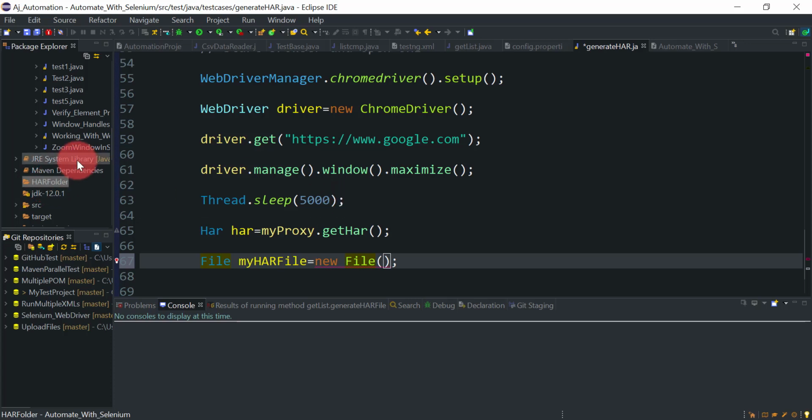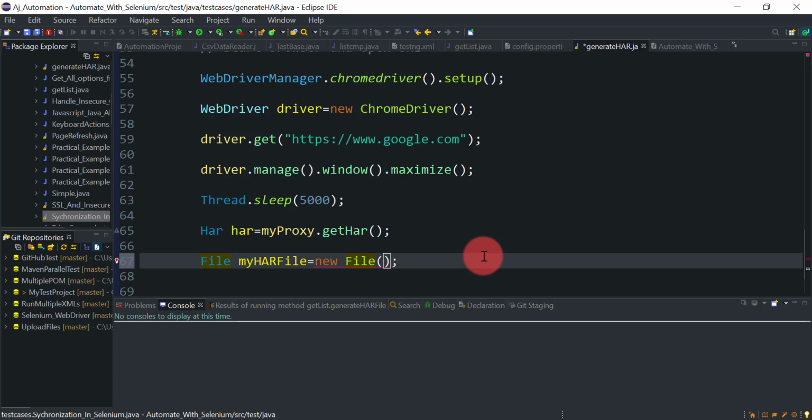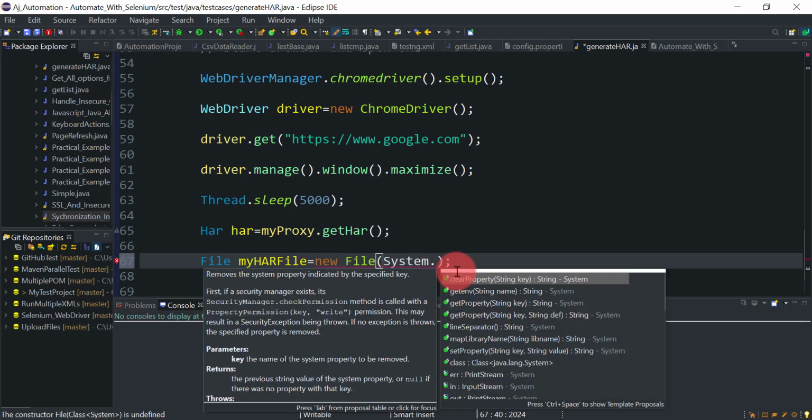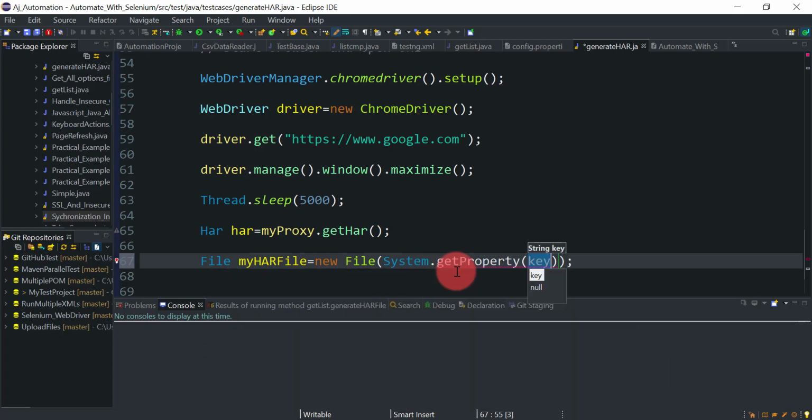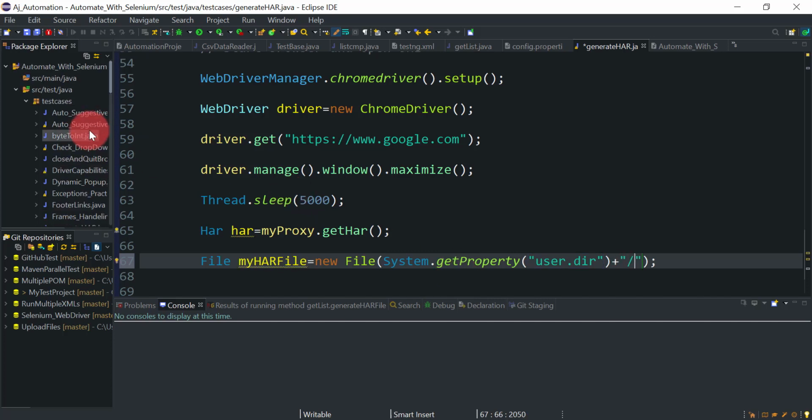So how to get this folder location? For that purpose you can use System dot getProperty. I want the user directory first, so I will get the location where my project is available.